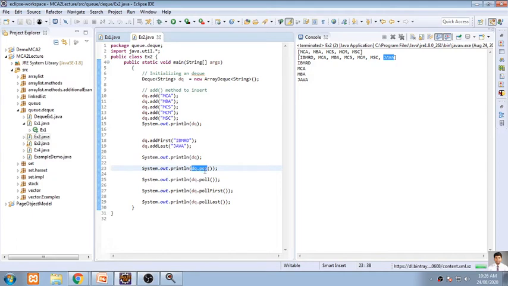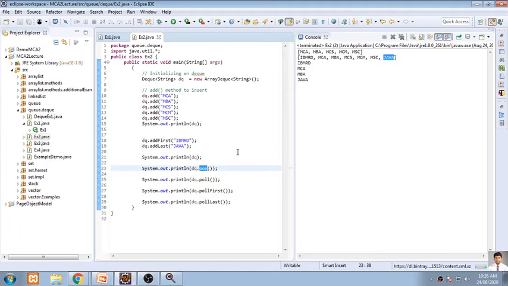Now this is the pop function. When we go for the pop function, it is always removing the first element. So the pop function is a part of stack. So what is a stack? Stack is last in, first out, or first in, first out? LIFO or FIFO?